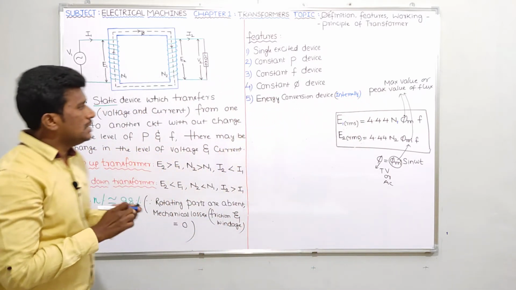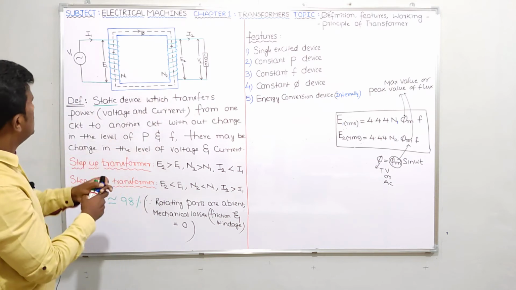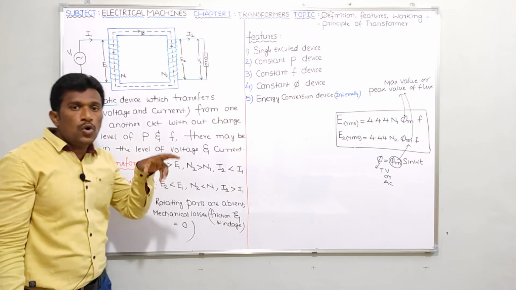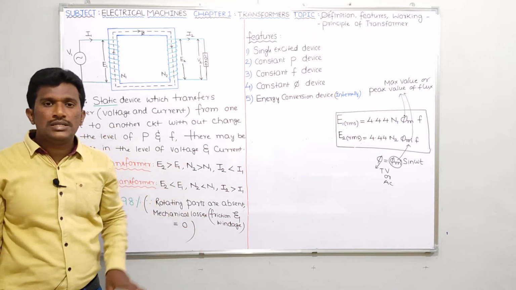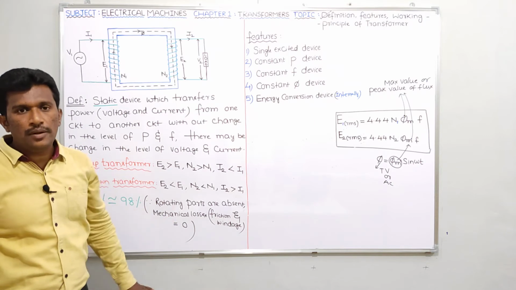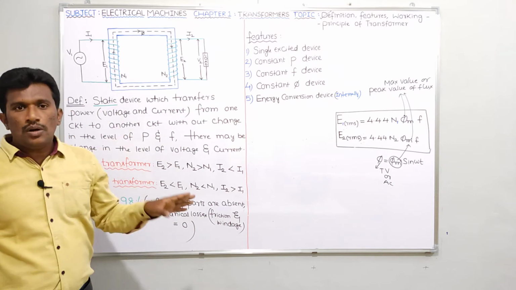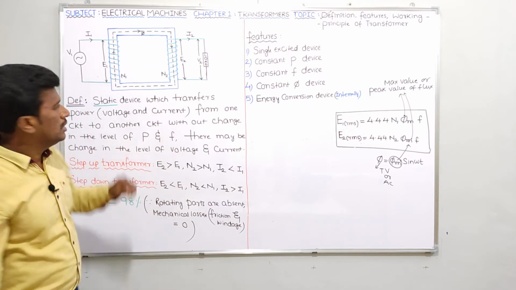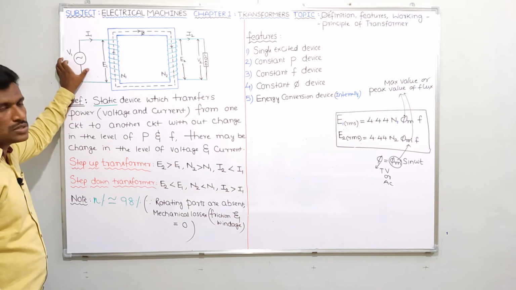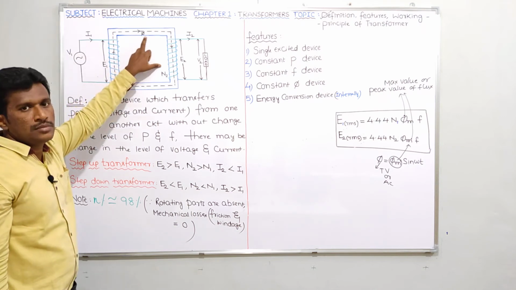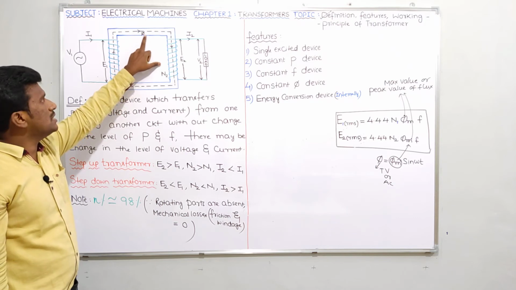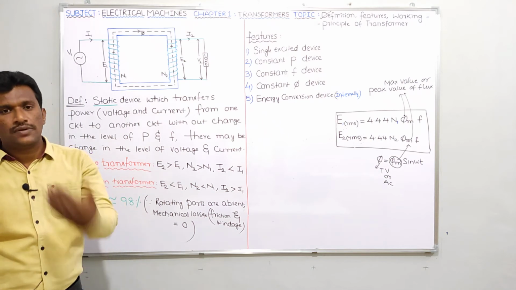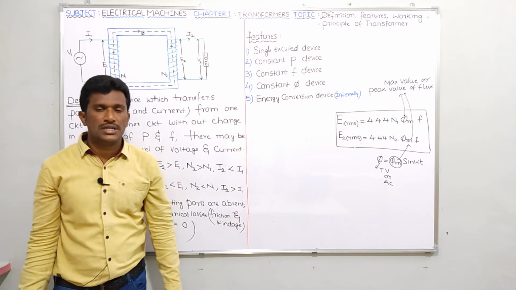What is the reason? See, externally if you see this transformer, what is the input energy? Electrical energy. What is output energy? Once again electrical. Since output energy and input energy are the same, nothing but electrical energy only, externally we cannot call transformer an energy conversion device, but internally you can call. How? See, input is what? Electrical energy, voltage source, is converted into phi, means what? Magnetic energy. Once again magnetic energy is converted into electrical energy. Is it clear? Therefore internally it's an energy conversion device, but externally we cannot call transformer an energy conversion device.